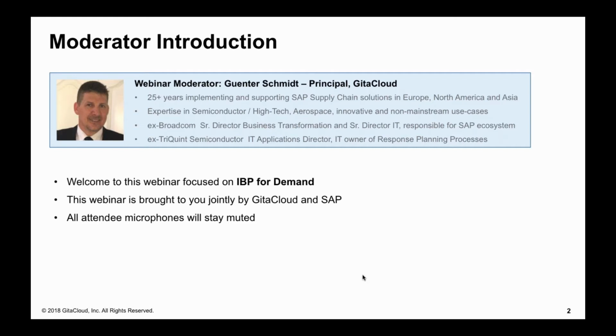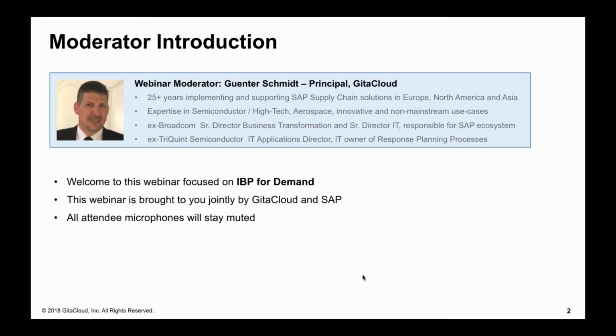As you may have noticed, forecasting and planning, especially in the consumer product industry, has become ever more challenging over the last 3 years. Demand is becoming increasingly more volatile, and traditional statistical forecasting is no longer enough. Demand sensing and shaping play a key role in dealing with short-term demand volatility.